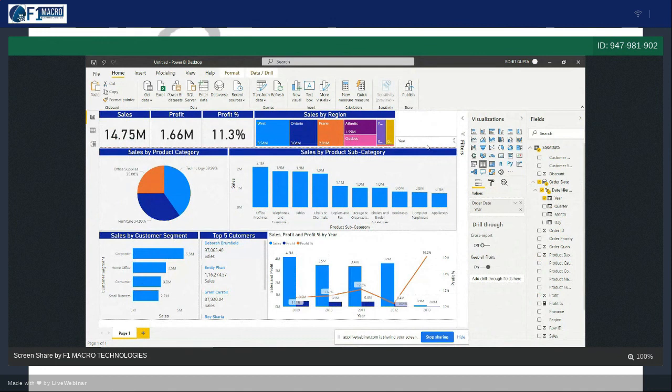So I'm just converting this into a slicer. You have a slicer option over here. Under slicer you will be able to see and select 2009. So this is the range, but I don't want range. Let's first maximize it. Okay, this is coming as a range. I don't want range, I want only dropdowns. Okay, so this is the dropdown.